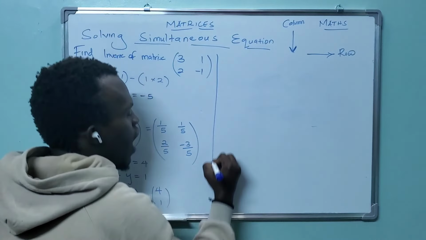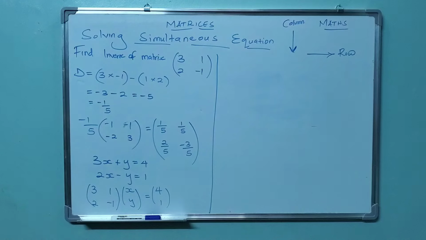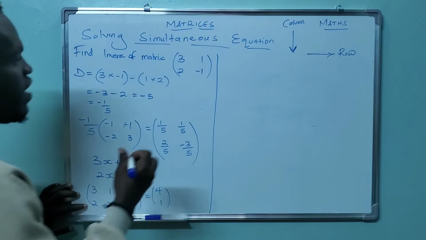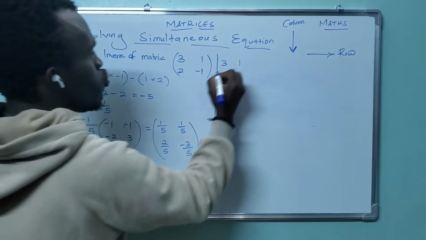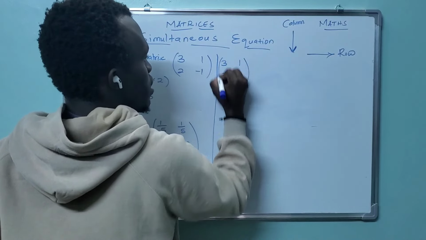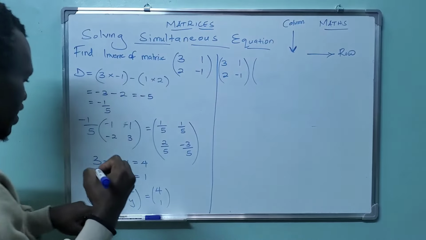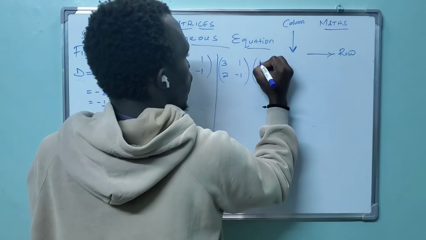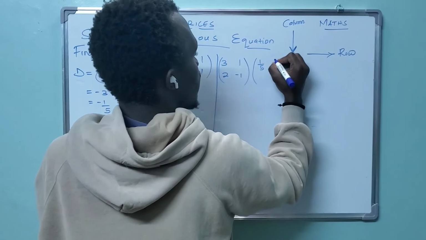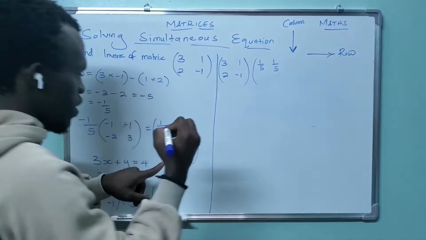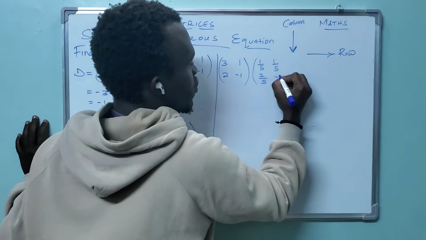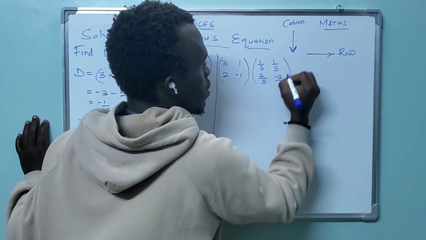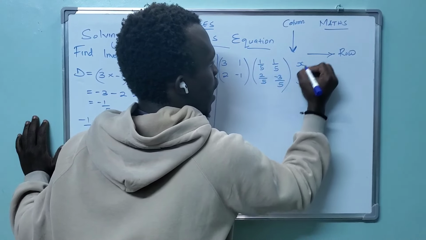And what am I going to do? I'm going to multiply both sides by the inverse of the matrix, which means I'm going to come here and say 3, 1, 2, -1. I'm going to multiply it by the inverse matrix, which is 1/5, 1/5, 2/5, -3/5. Then x, y,